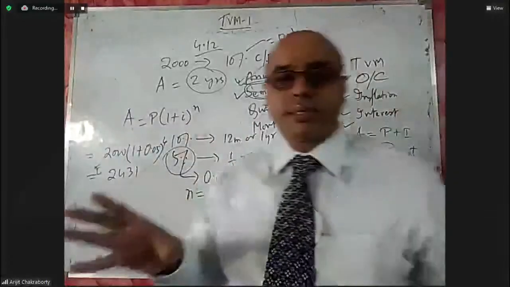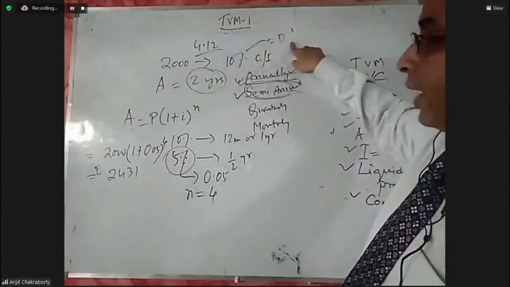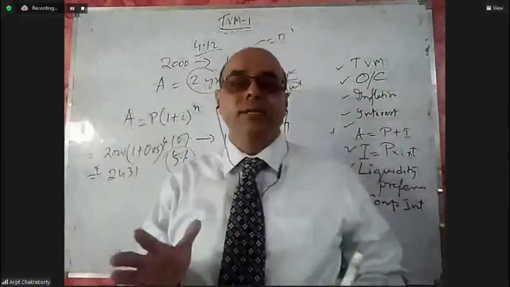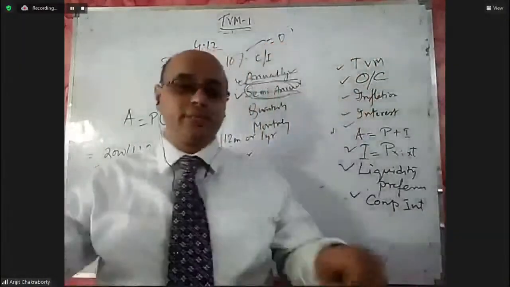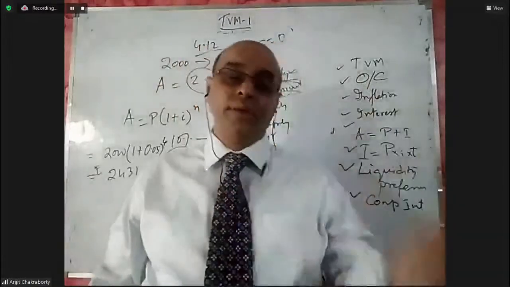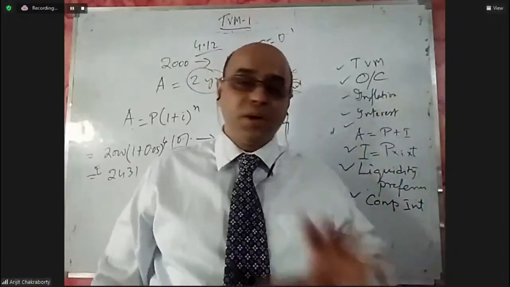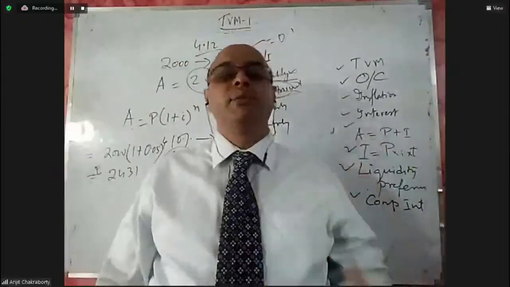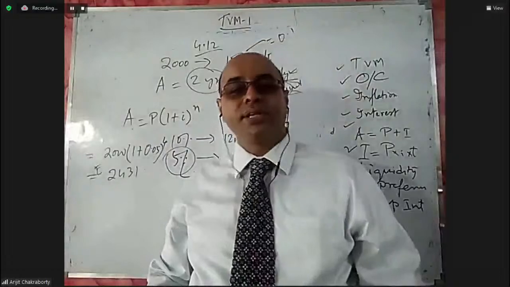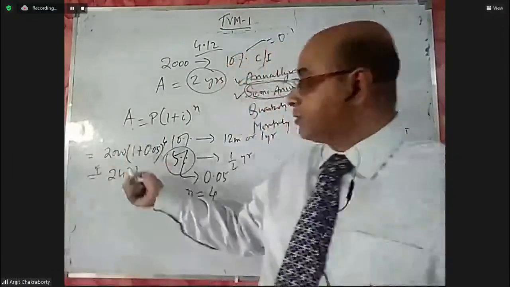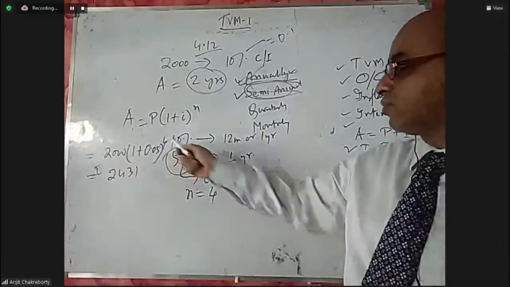So I is the interest. Here we have seen that the interest rate is 10%, which is 0.1. But if it is calculated on a half yearly basis, then 10% will become 5%. I was giving the example that somebody tells me I can take his bicycle for rent. I have to pay him 100 rupees for full day. If I want the bicycle only for 12 hours, half a day, how much will I pay? I will not pay 100 rupees. I will pay 50% because half, I will pay 50 rupees. Similarly, if the interest is 10% and your duration is 6 months, the interest becomes how much? It becomes 5% for 6 months, accordingly 0.05, and 0.05 to the power 4 because the number of compounding